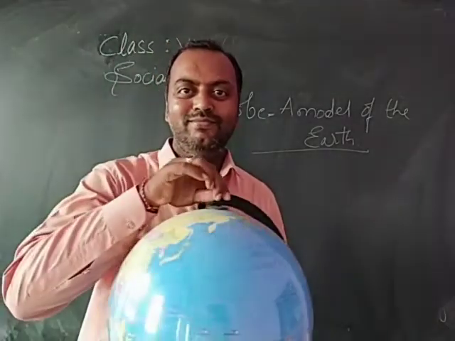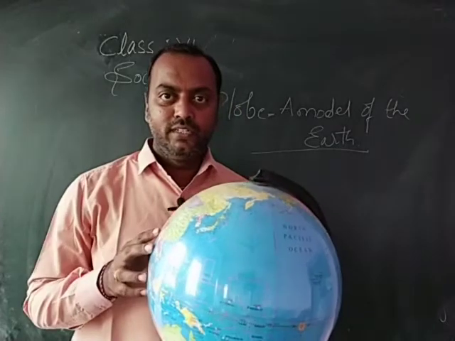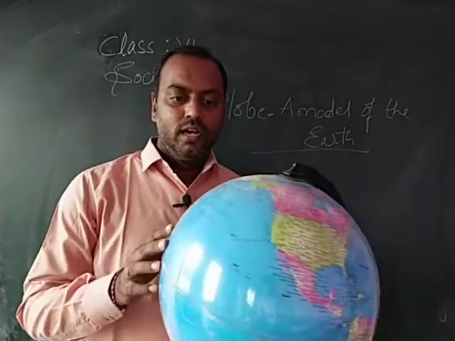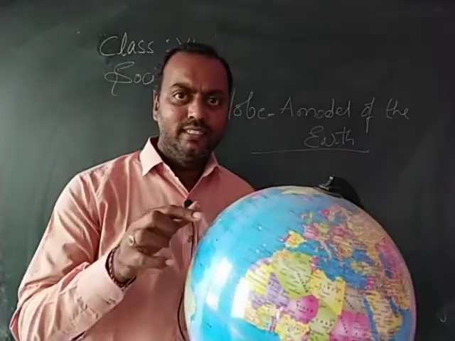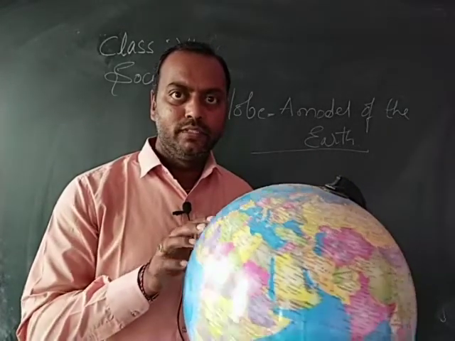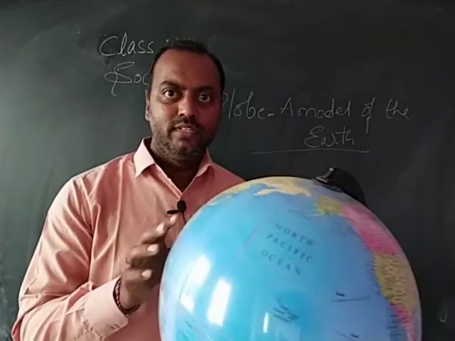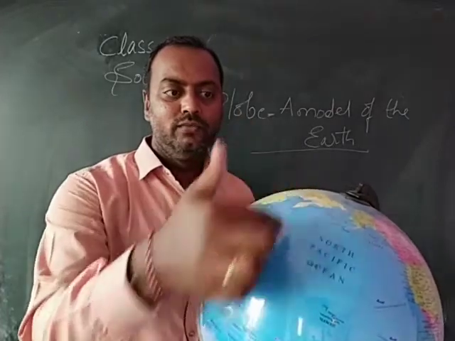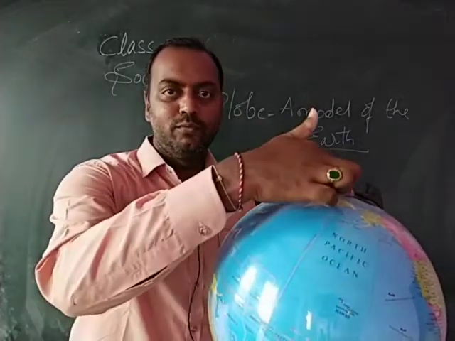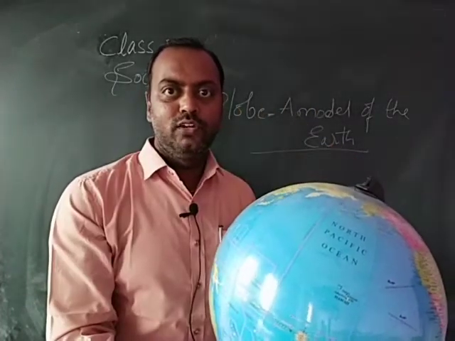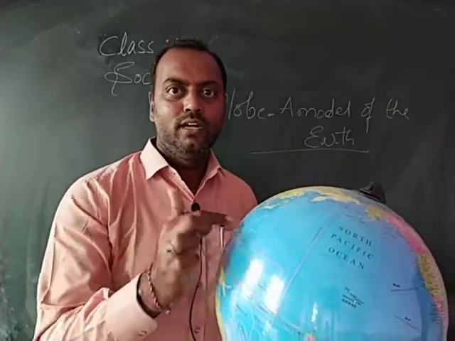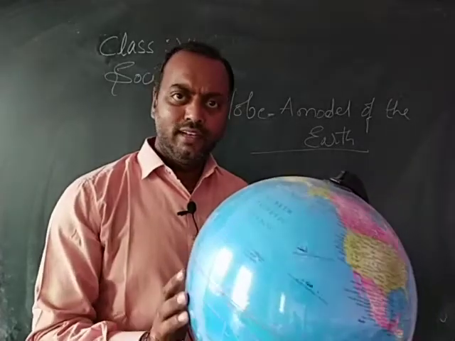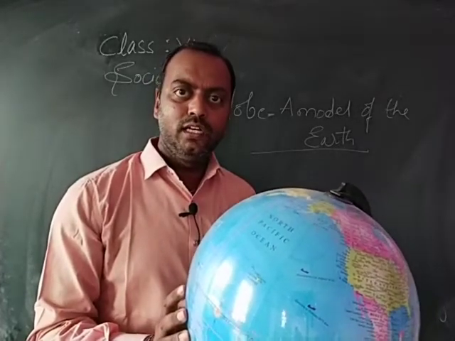It's a globe. Have you seen it? This is a globe. And can you observe there are certain lines drawn on this globe. Can you see? These are the lines which are drawn horizontally and vertically. The vertical lines are moving from the North Pole to the South Pole, whereas these horizontal lines look like circling the entire globe. Are these lines originally present on the globe?